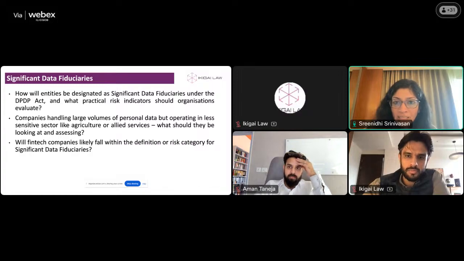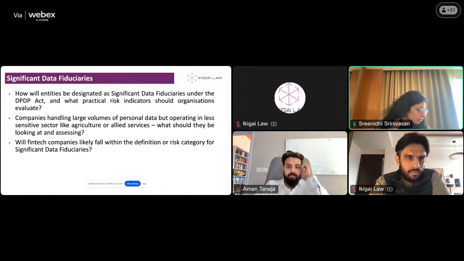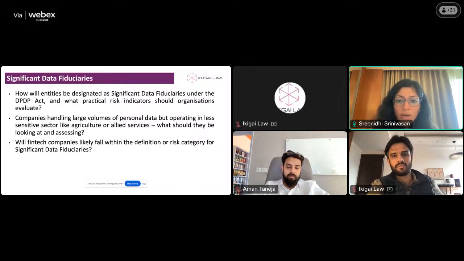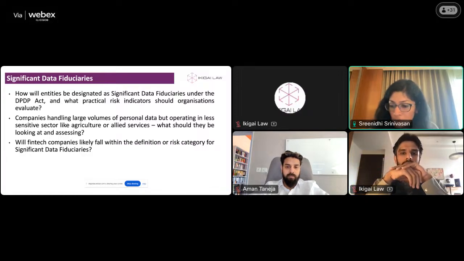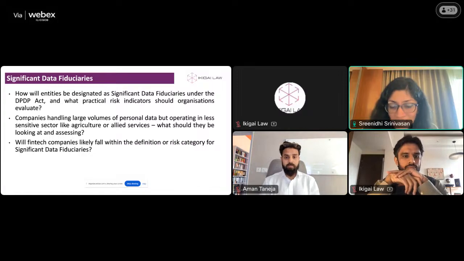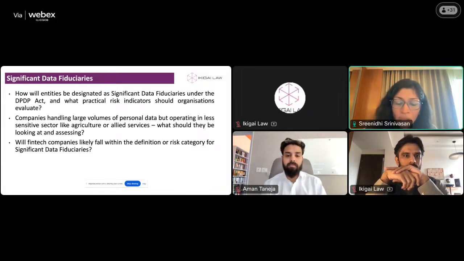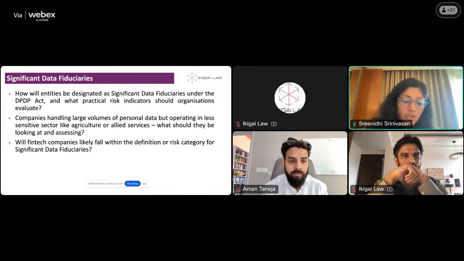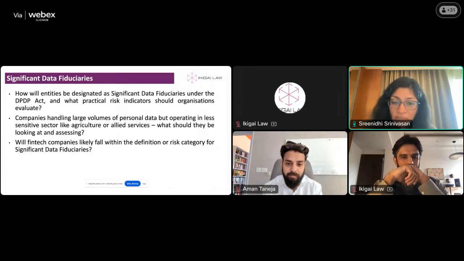Practically, one kind of threshold that's likely to come out is a user base related threshold, because an organization processing large volumes of data can expect to be designated as an SDF. It could be a user based threshold like what we see with significant social media intermediaries